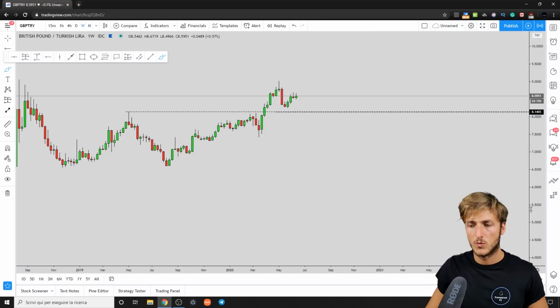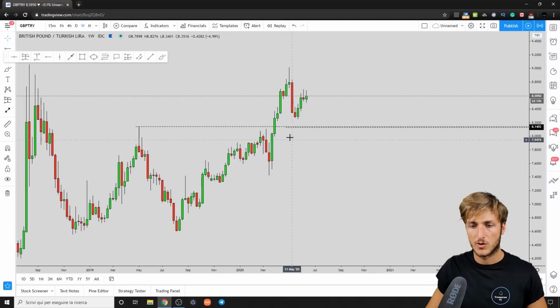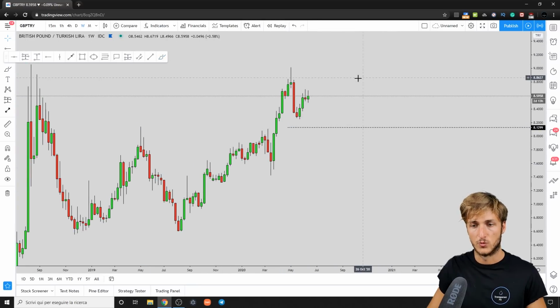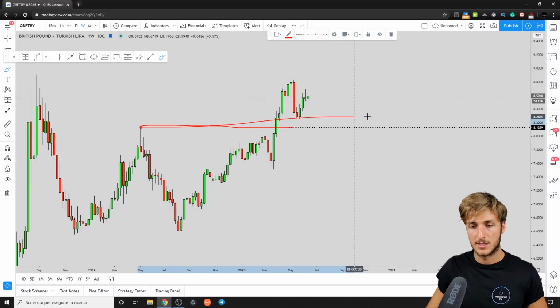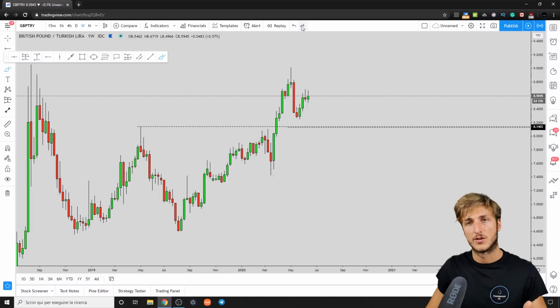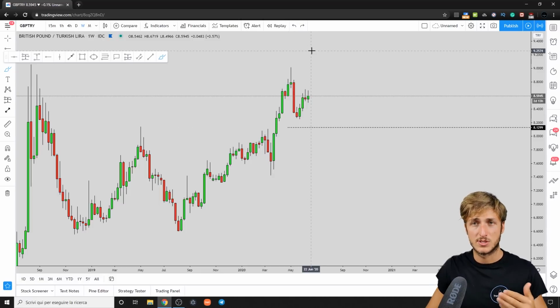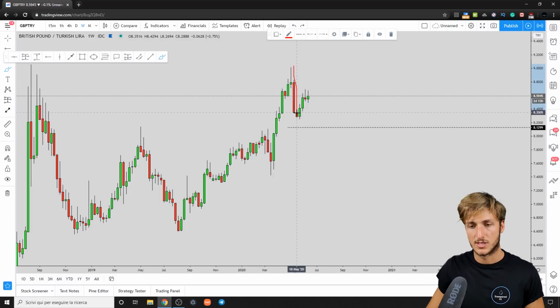Now, if we go down on the weekly, what we can see on the weekly time frame is that our target is very accurate. Why? Because this is our target that we have, taking this wick here. But in general, in a market, as we said previously, if you have an impulse as you have here,